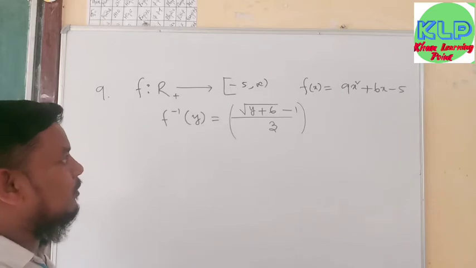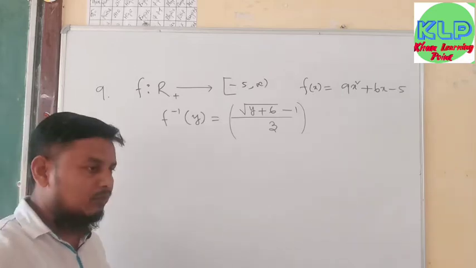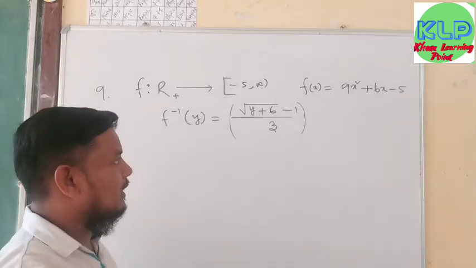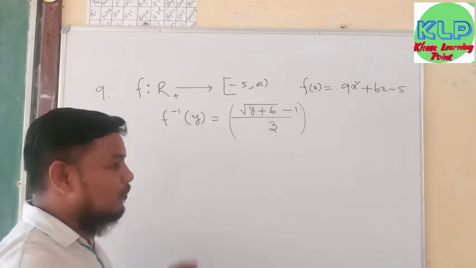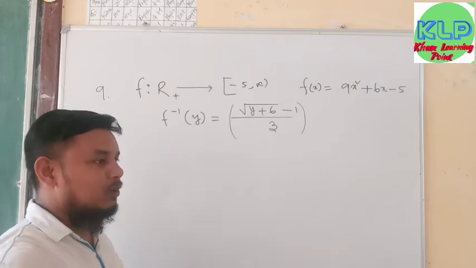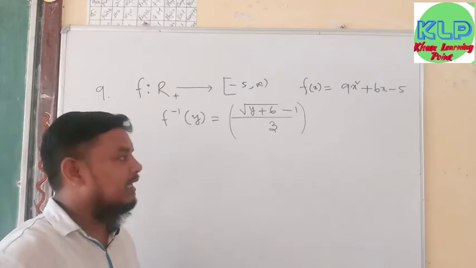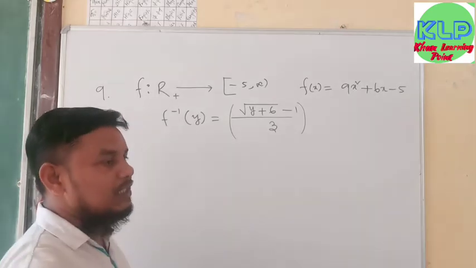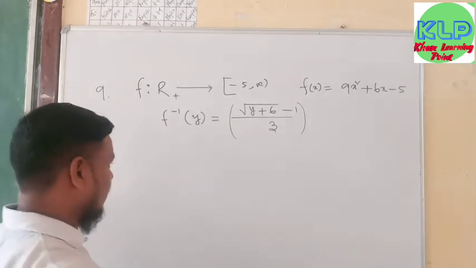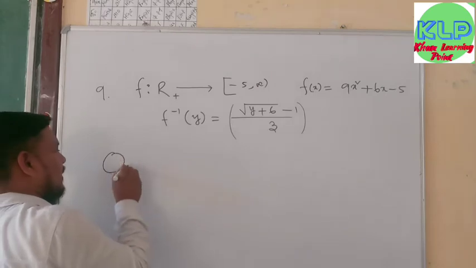ओके, तो इससे पहले हम लोग को फर्स्ट क्या प्रूव करना है? f इज इन्वर्टिबल. तो f इज इन्वर्टिबल शो करने के लिए वी मस्ट शो दैट f इज बाइजेक्टिव फंक्शन. ओके, तो बाइजेक्टिव शो करने के लिए वी नीड टू शो दैट f इज बोथ 1 1 एंड ऑन 2. ओके, तो फर्स्ट हम लोग क्या करेंगे? f इज 1 1 ये शो करेंगे. f इज 1 1.